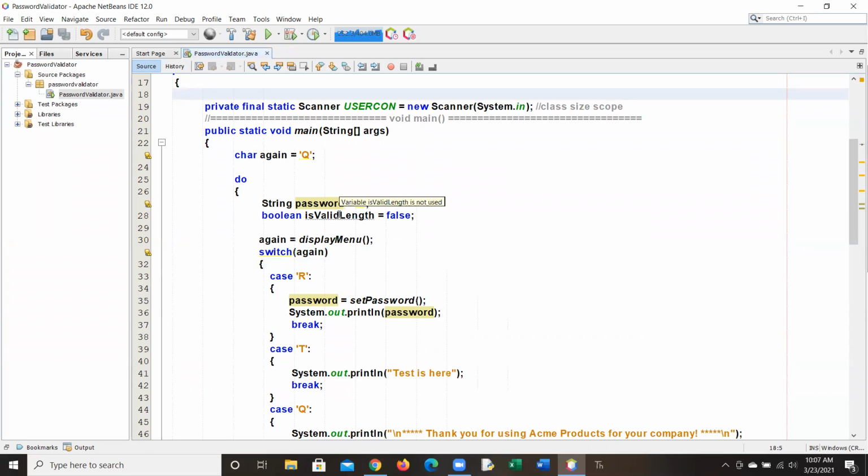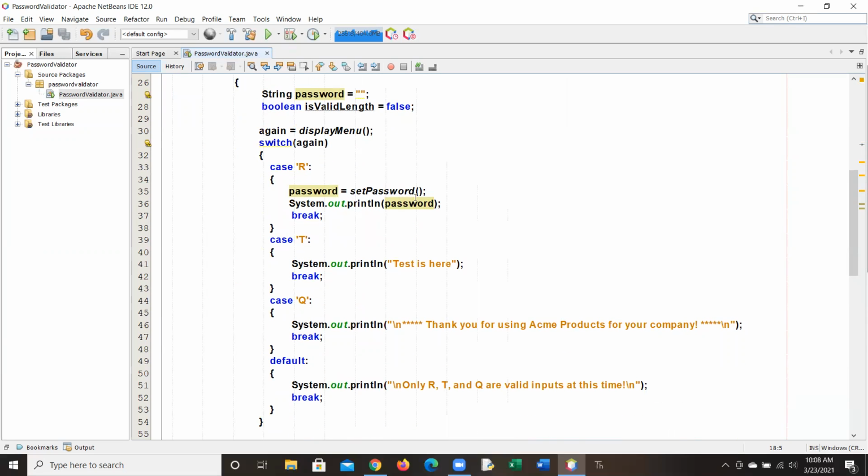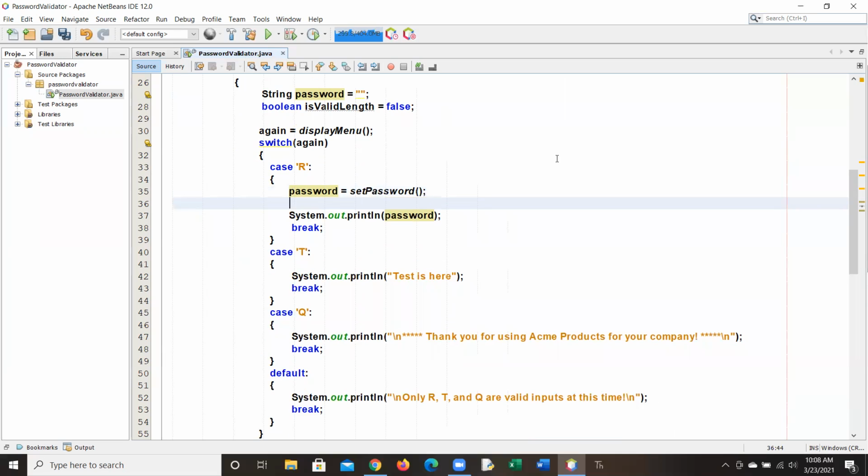So again, so far we've built this menu and it's done our one thing. What did we want to do? We wanted to get a password. And so we, in fact, go and get the password. So that's done. That's off our checklist. Okay. Now we can check whether or not it's 8 digits long. So we're going to say is valid length here